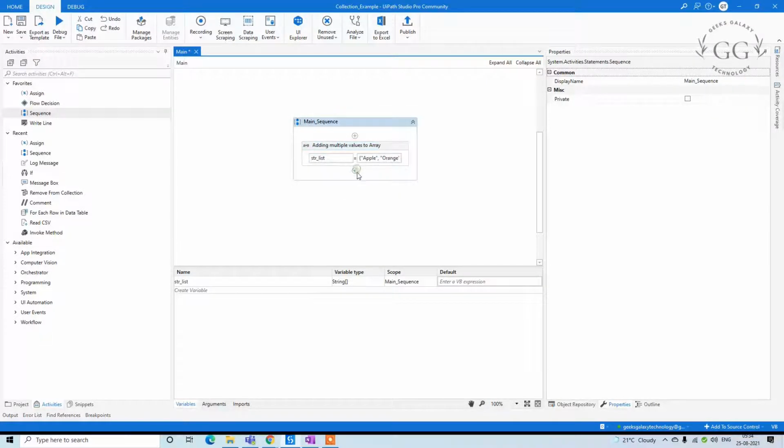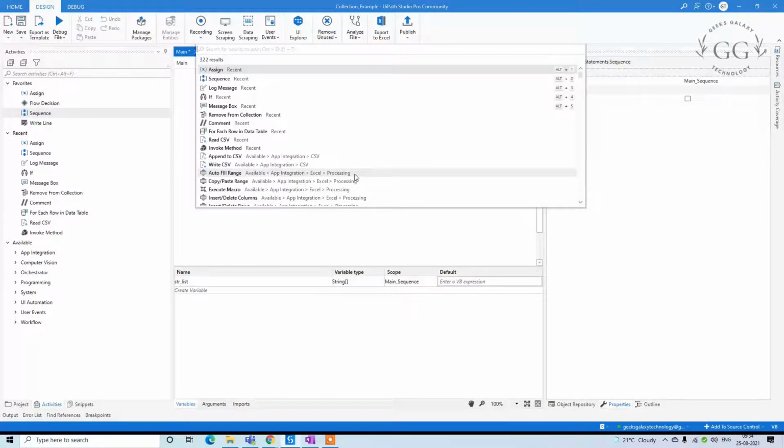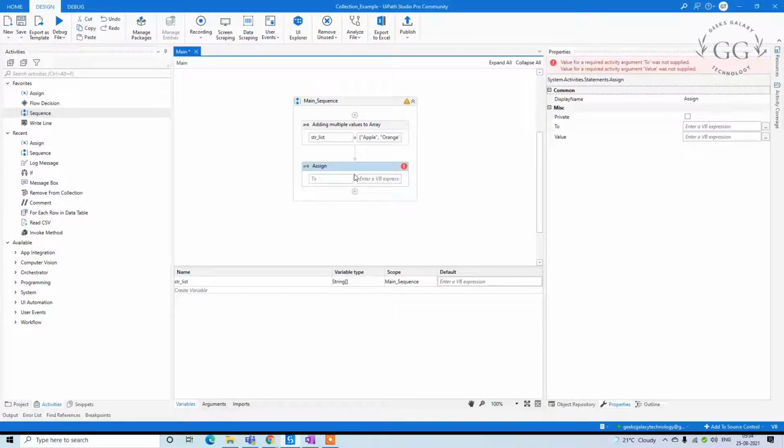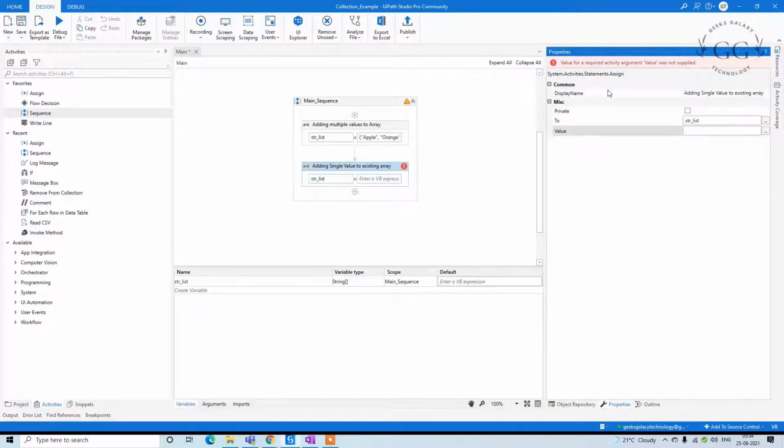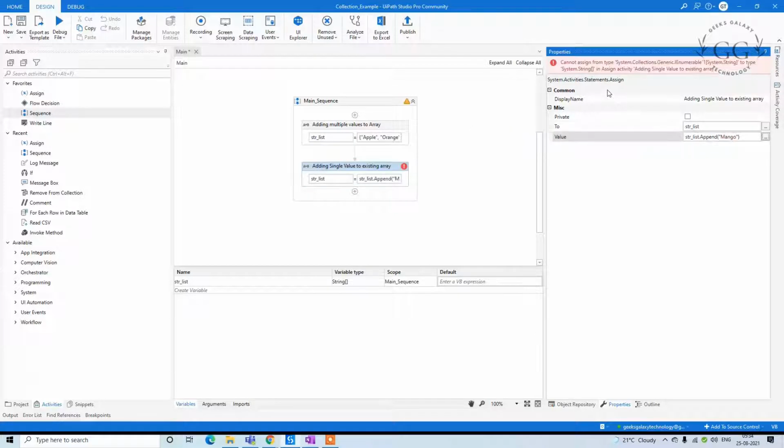This is the first example. If I want to add a single value to the existing array, I can add another assign again and rename it. String list dot append, we're going to append. I give append and I can give another name, so this value will be appended to this.